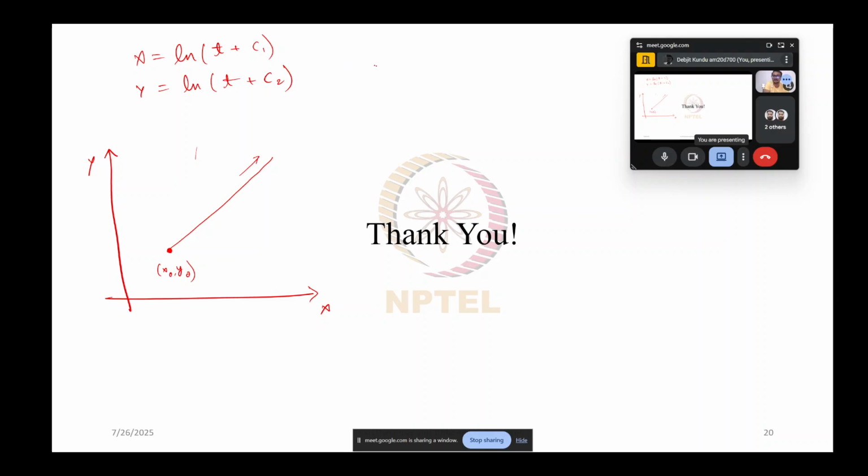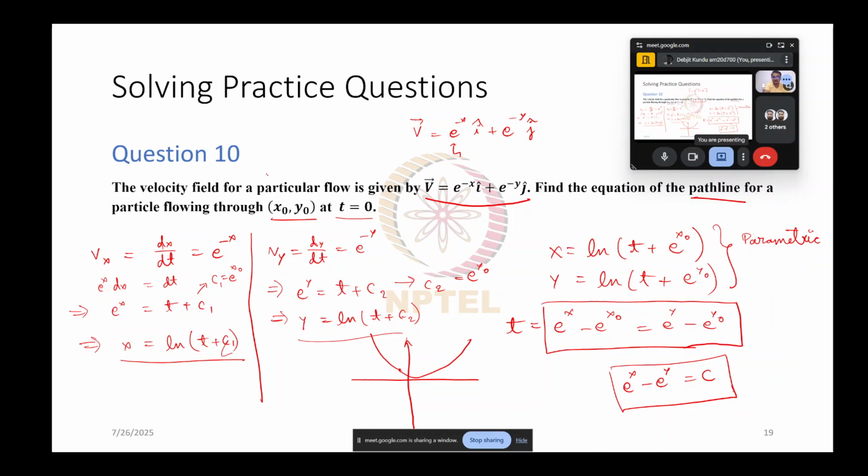Because let's go back. dx/dt is e power minus x, dy/dt is e power minus y. So if I divide them, dy/dx would be e power minus y by e power minus x. So for x naught, y naught exactly equal to each other, it would be a straight line. Otherwise,